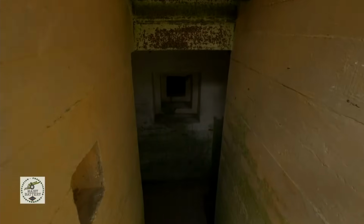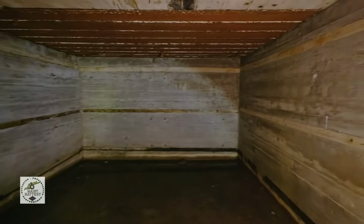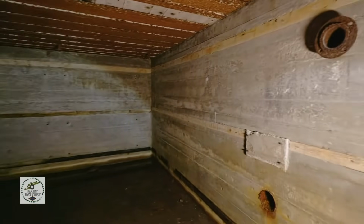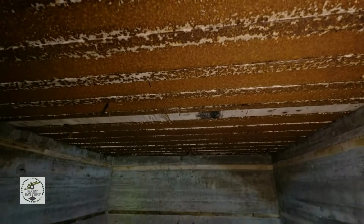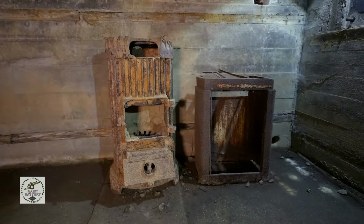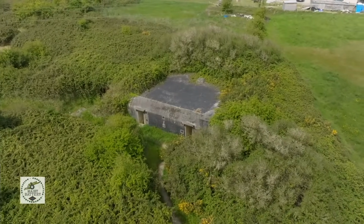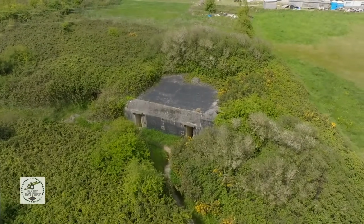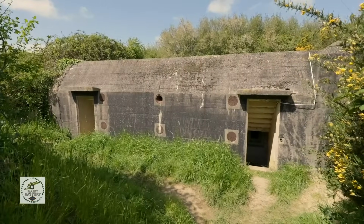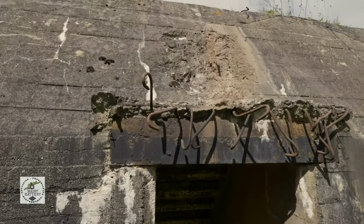There's a ring of Tobruks surrounding the Maisy site, and overall the whole site, including the minefields in 1944, was 144 acres, which is a huge, huge area to defend. When you drive into the car park at Maisy, you'll notice that you can't see any of the site at all above ground level, and that really was how the Rangers would have seen it when they approached. They'll have just seen gunfire coming at them from very low level and not really known the scale of the